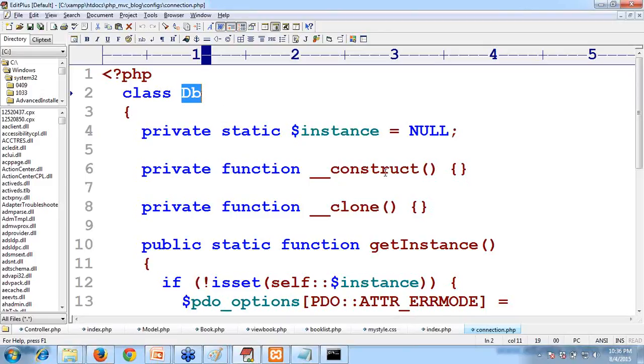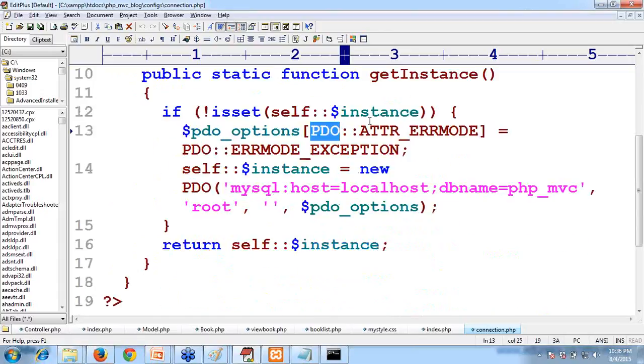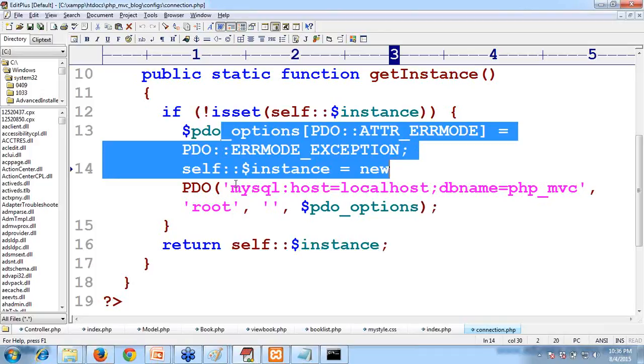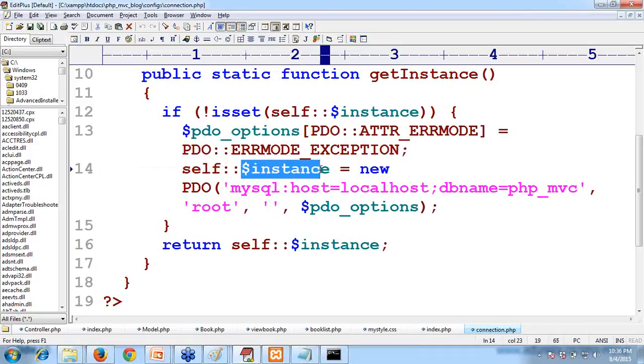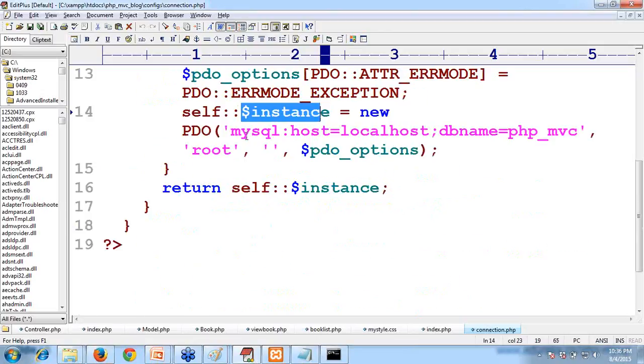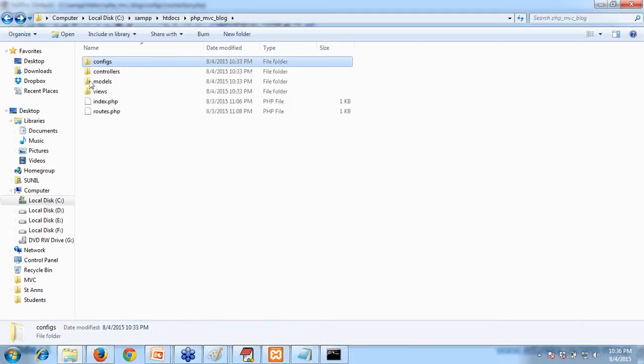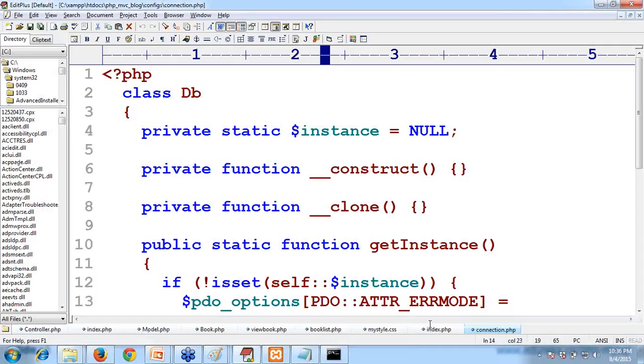And clone is another way. Get instance, I'm using PDO. So Dilip, if Dilip is there, you can see this. This is how we are working with the database. Forget about this one, just see only this. $self current class scope resolution, instance is equal to instance, which is a static variable. New MySQL PDO connection, PHP data object, host localhost, database name PHP MVC, username root, password is nothing. Forget about that exception. So that is the connection with the database. Then coming to controller, so we have seen index.